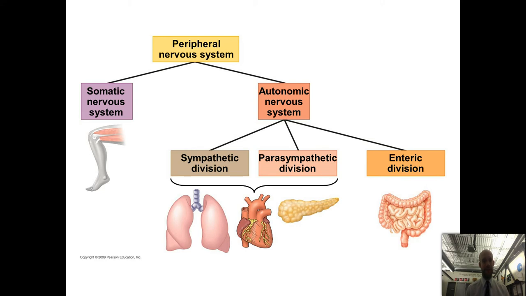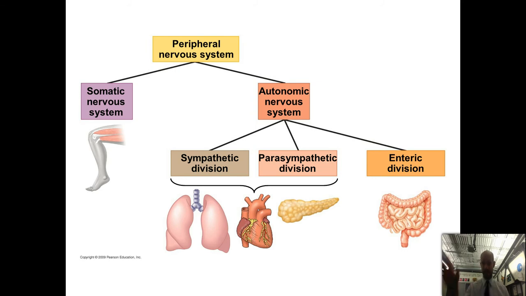The autonomic nervous system, as its name implies, is more automatic. These are nervous impulses that you're sending out, whether you want to or not. You have a degree of control over some of them, but not much. So the autonomic nervous system can be split into three divisions. You've got the sympathetic and parasympathetic divisions. You can think of the sympathetic division as the fight or flight division. The sympathetic division basically speeds everything up, gets you ready for action. The parasympathetic is sometimes referred to as feed and breed. It switches on those things, it's more relaxed. It slows down heart rate, slows down breathing rate, and that's controlled by the parasympathetic division of the autonomic nervous